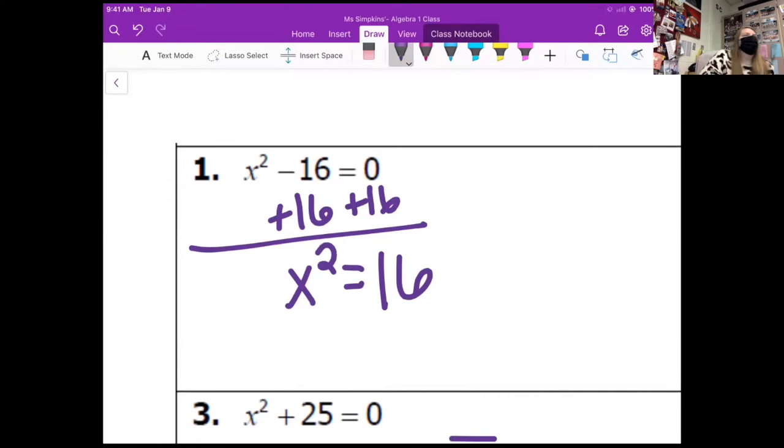Right now, x is not by itself, it's being squared. So we got to do the inverse of squaring. Does anybody know what we can do to get rid of a squared? Yeah, Madison. Square root. That's exactly what we're going to do. We're going to take the square root, and we have to do it to both sides, because whatever I do to one side, I have to do to the other. So the square root of x squared is just x. What is the square root of 16? 4, and